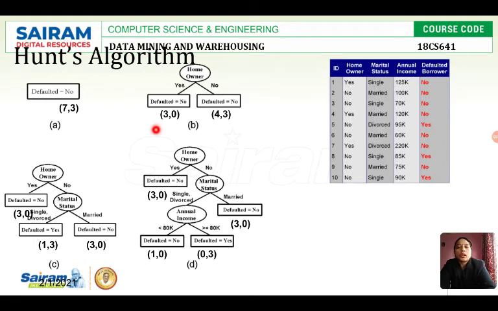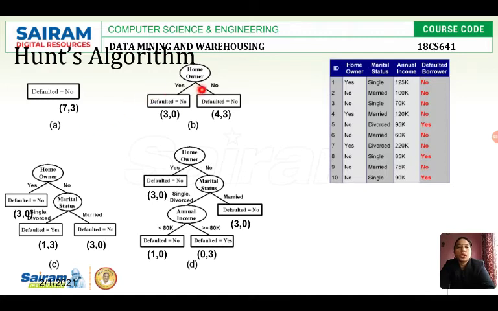Next step, what is said? Again we have a classification, since we have 2 divisions. If all come under one classification, then this will be a leaf node, as we said in the first step. If out of 10 transactions all are non-defaulted borrowers, then 10 comma 0 will be there, and this will be the leaf node. No need to go for the subdivision. But here we have 7 non-defaulted borrowers and 3 defaulted borrowers. So what do we have to do? We have to go for the splitting.